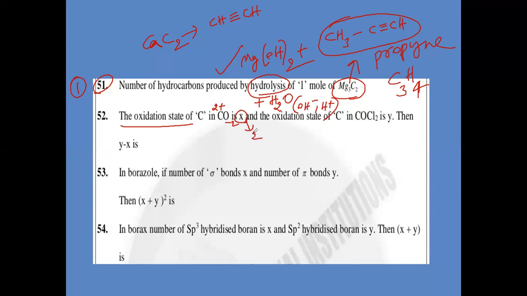And the oxidation state of carbon in COCl2. This COCl2 is called phosgene gas. It is a poisonous gas. In this, each Cl is minus 1, and oxygen is minus 2. Minus 1, minus 1 and minus 2, total minus 4. To balance minus 4, carbon should be having